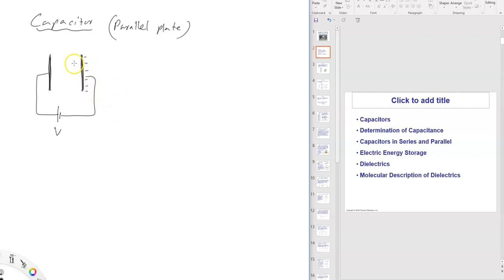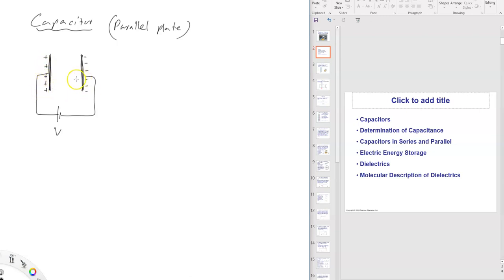So when there's a lot of electrons on one side, now the plates are not that far apart. In reality these are close gaps, about maybe half a millimeter, very close to each other, but still there is a gap between them. So the presence of these electrons is going to push all the electrons away from the other side. So the electrons are going to come back to the battery, making this side positive.